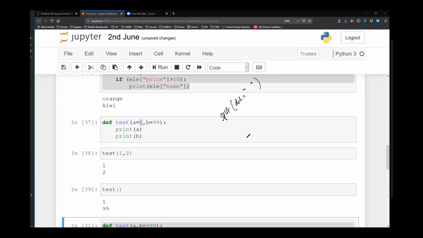Now, if I use split without any parameter, the default parameter will be used. Or if I specify a parameter, like I give a comma, then instead of this space, comma will be used to split the string.